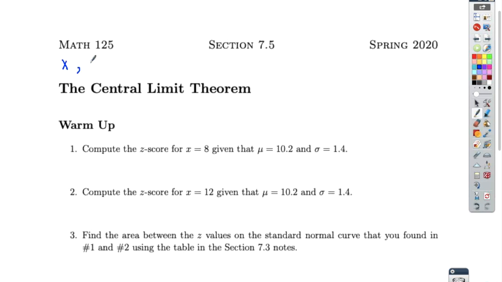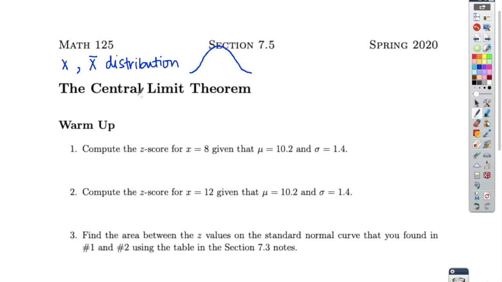We considered a bunch of little subgroups of the same size, and we found the sample mean of those groups, and then looked at the distribution of the means. And when we did that, we saw in the one example that we did that the distribution had a generally normal shape. And I kind of hinted maybe this is not a coincidence,